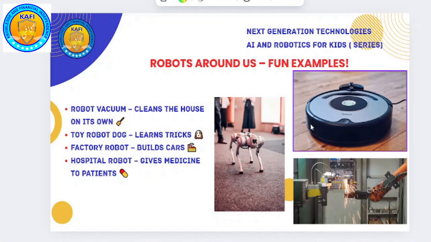Then we have factory robots, the robots that work in factories. In factories, there are many dangerous things going on like welding, working with electricity, working with fire, and humans used to work with these things. They got injured, sometimes badly. So they created robots to do those works.